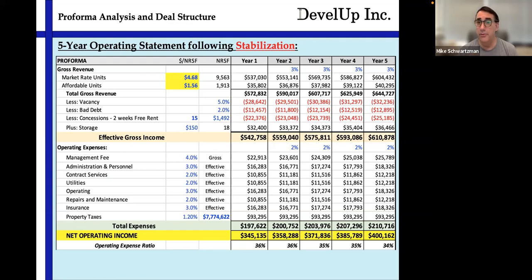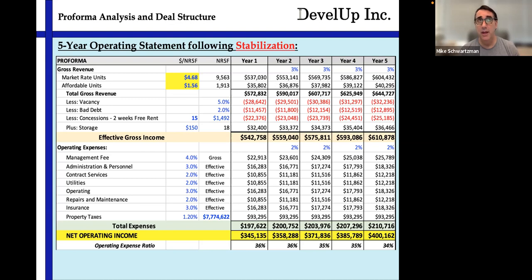So we've gone through this entire overview class. We've entitled the property. We've hired all the engineers, architects, interior designers, consultants. We've drawn the building. We've worked with the GC on our budget. We've permitted it. We've built it. And now we're going to lease it. But when we're in that lease up period, that's still kind of part of the development budget, because you'll say,